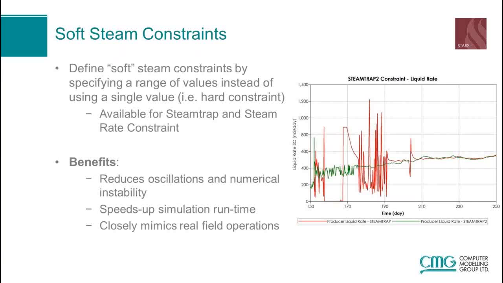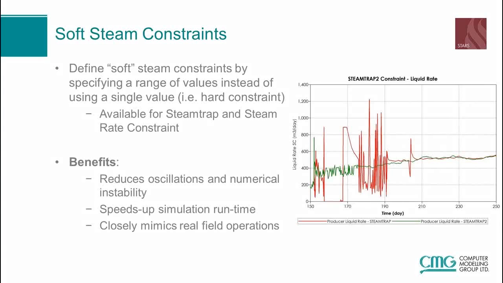In the field, they typically will have a range of choke positions that they'll choose instead in order to control their subcool or the amount of steam production. With the new soft constraint, we now have the ability of setting a range of values instead of using the single hard constraint value. It's available for the steam trap, the steam rate constraint, and it has a couple benefits to it. Not only does it mimic the real field operations much closer, but it also will help